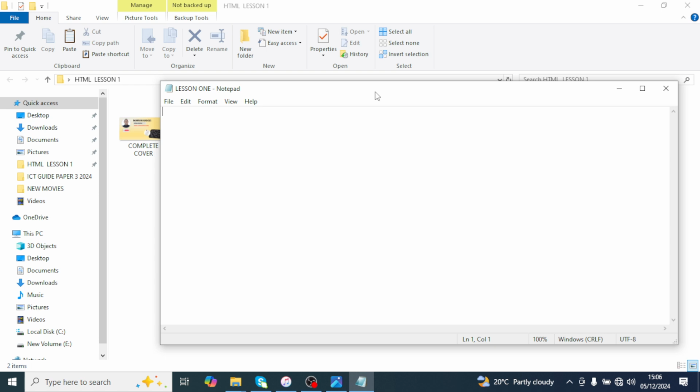Now what I'm going to start doing is typing my HTML language, and whatever I'm going to type here is so important whenever we are doing coding with HTML. Now this is the basic code, or the first code. When I'm typing the HTML code, I can open the tags. The tags are on the keyboard. Now mind how I'm opening the two tags. I'm opening them by holding shift, and then pressing the less than sign and the greater than sign. Then in the middle of the tags I type